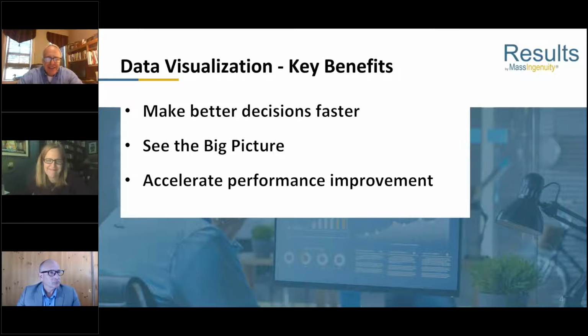Correct. So visually seeing that bigger picture leads to insights on where your key opportunities are and where your constraints are, because you can visually see by way of a dashboard, like the dashboard of your car, what's happening in real time so you can take immediate action. Very, very powerful. And then lastly, if you can do those things above, the other key benefit is accelerate performance